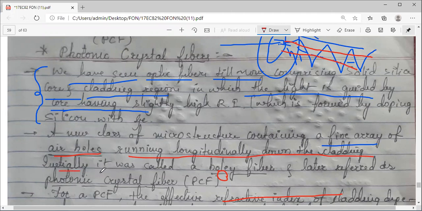Initially, it was called holey fibers. Holey in the sense, it's not spiritual holy, it contains holes. Later it was renamed photonic crystal fiber, maybe because of its structure's resemblance to the crystalline structure of a lattice.